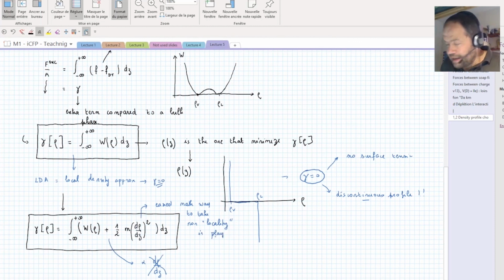Okay, so with that, I should finish here, but this explains why you worked with this kind of free energy in the tutorial with Alessandro and Raphael. It is just due to the fact that we cannot have a density profile which does not contain a term like that if we want to get a surface tension.